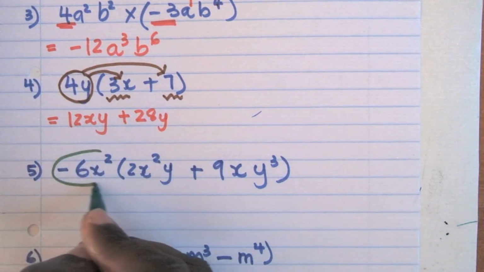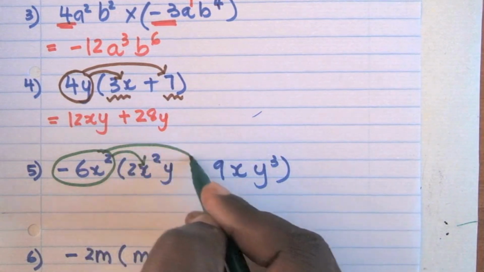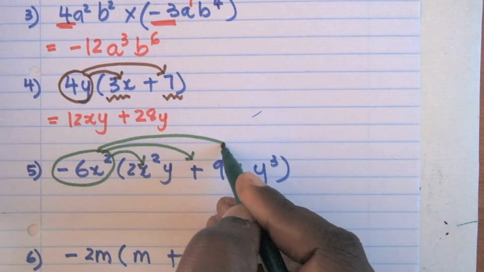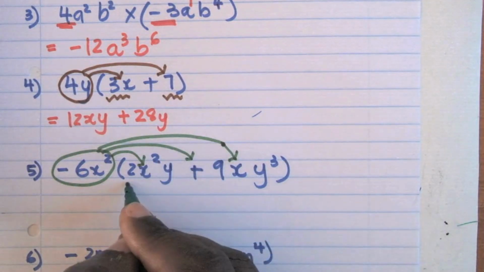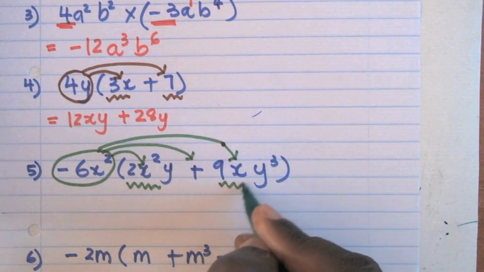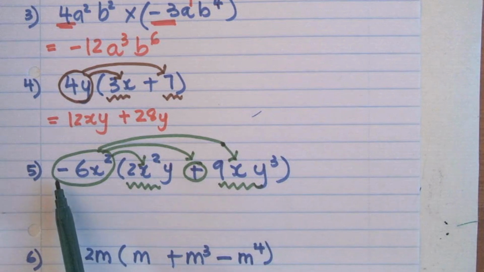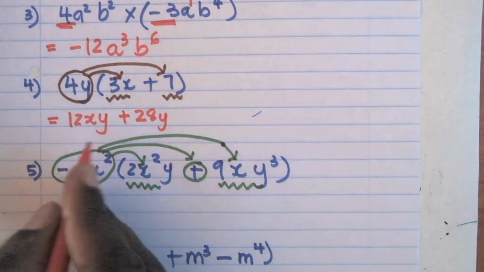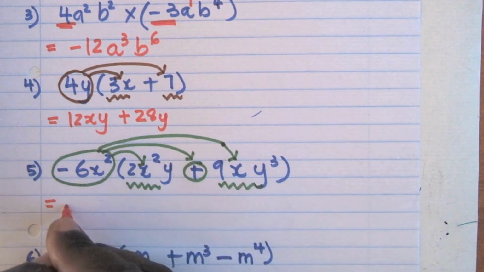I also have this term here, which is outside the brackets, so I must distribute to my terms here. Let's identify the terms here. And this arrow here is saying to us, we have a negative sign outside the brackets. So this sign here is going to change. So let's see what we're going to get. We're going to get negative 12